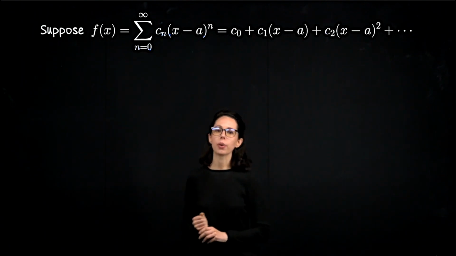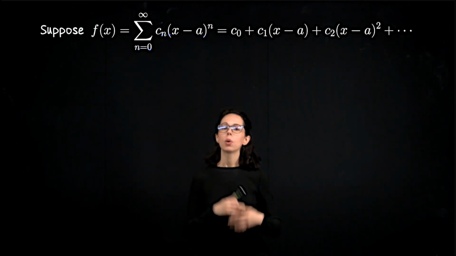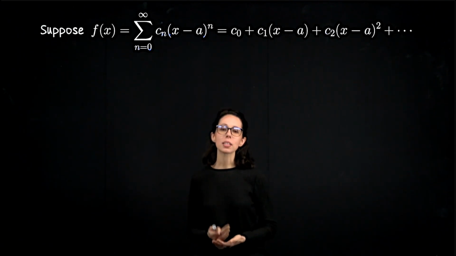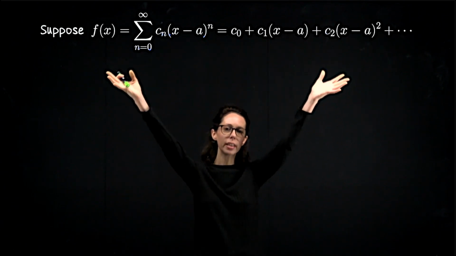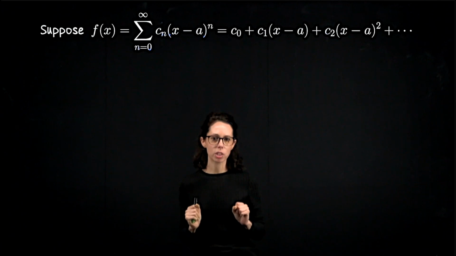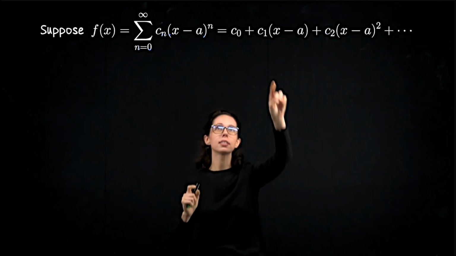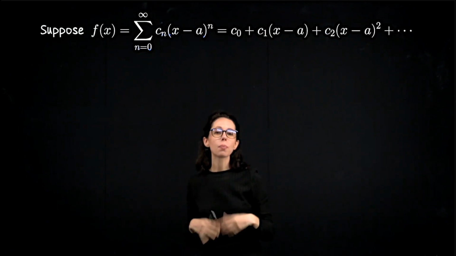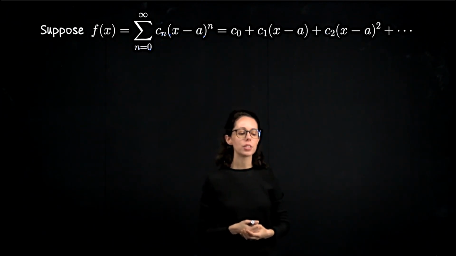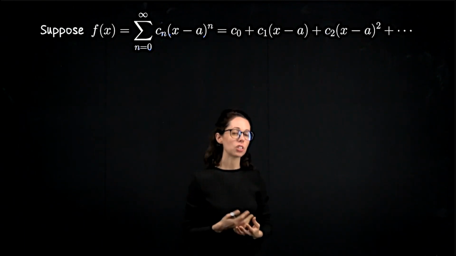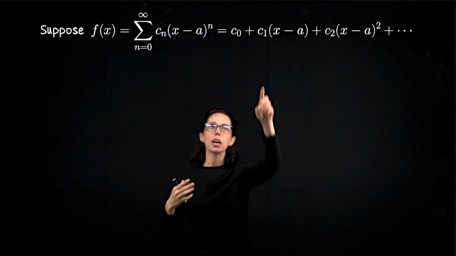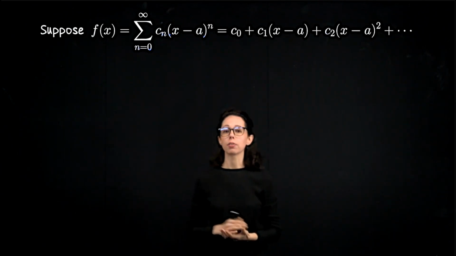Okay, so here's what we're going to do: imagine that we have a function f of x, which is infinitely differentiable on some nice open interval around the center point a, and it has a power series representation that initially looks like this. The goal with Taylor series is to say, for this infinitely differentiable function, we can do better than just c sub 0, c1, c2. We can give a much more descriptive form for those constants. So what we're going to do now is find a way to essentially solve for those constants so that we can say Taylor coefficients aren't just c0, c1, c2. They have a certain form.